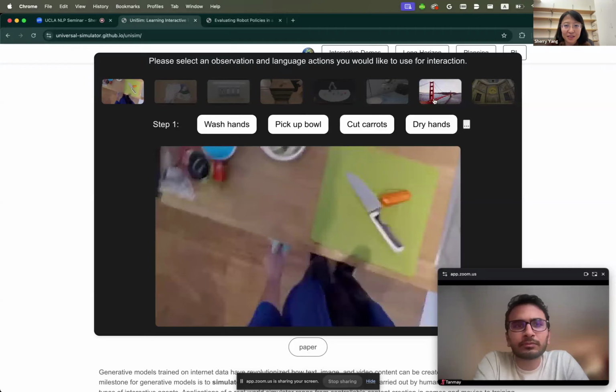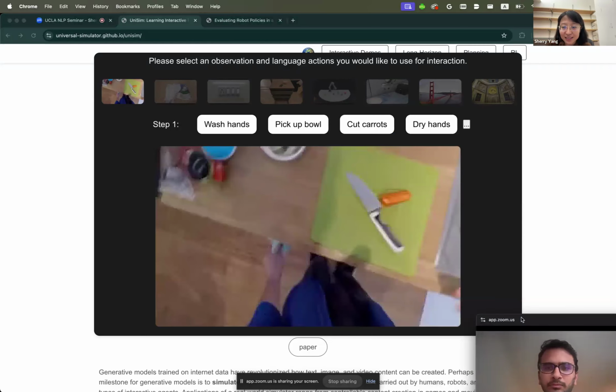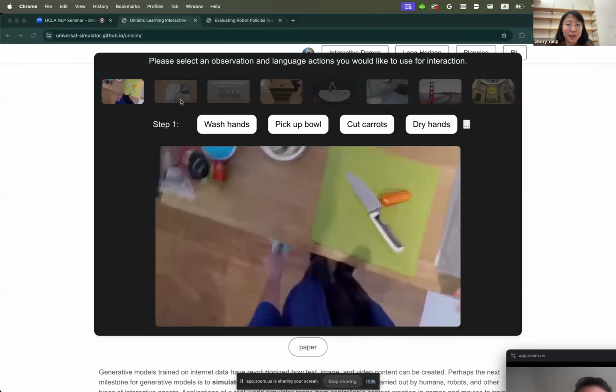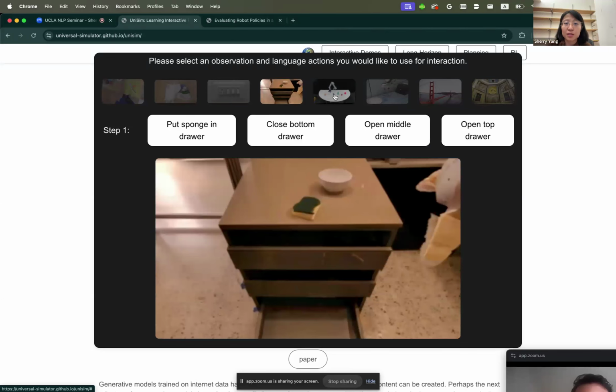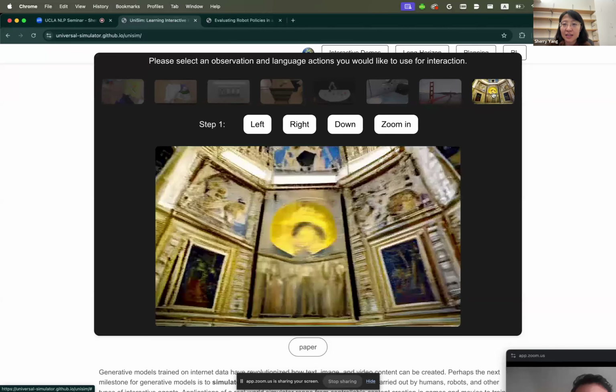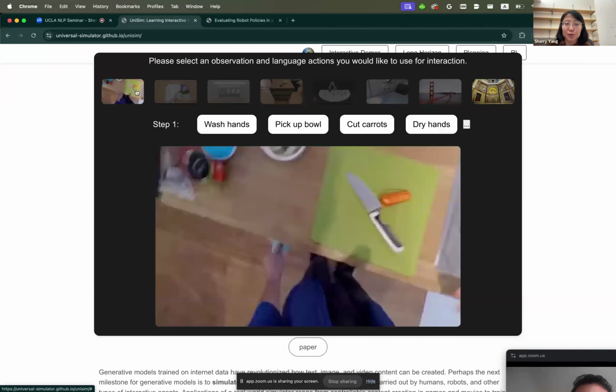right? We've been talking about world models, and you can get an idea of what an interactive world model might look like. First, a world model should give you the freedom to choose which scene you want to interact with, right? And if I have the server up and running, you should be able to take a picture of your room and upload it to the server and start to interact with it, right?